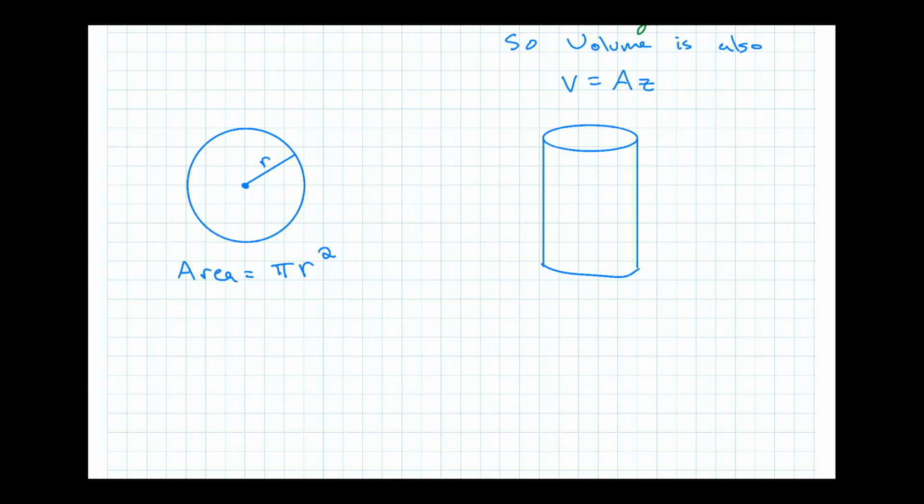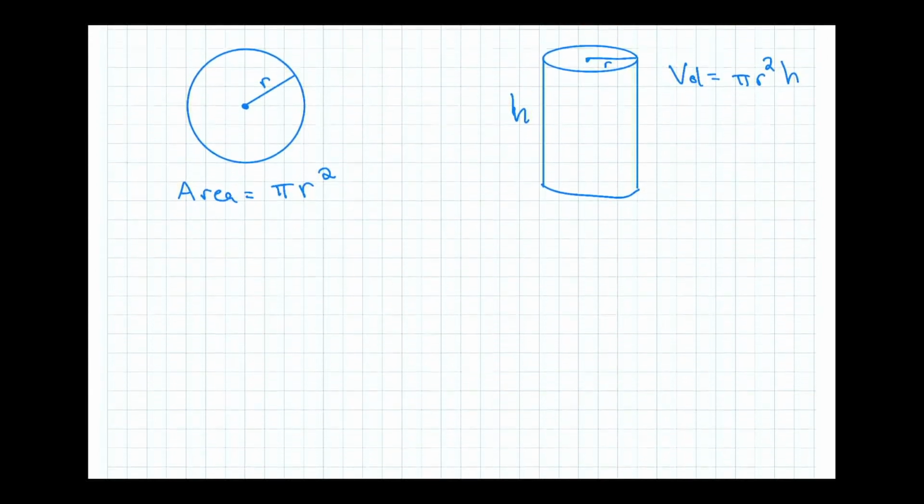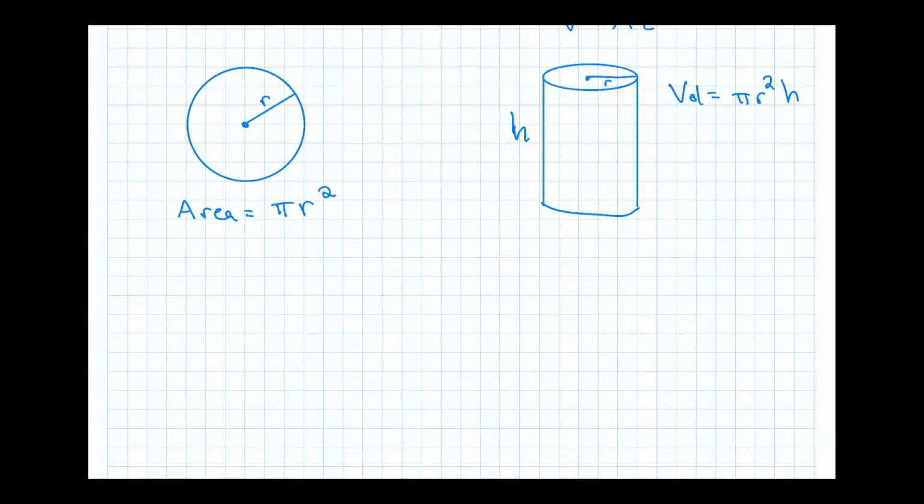So there's a cylinder. And at some point in your life, you probably also learned how to find the volume of a cylinder. And if you did, you probably learned that it is pi r squared h. Well, where's the h, right? The h is going to be the height of the cylinder. But again, you can think of that as being an area times the height, because if you just take this area here, and if you call that area